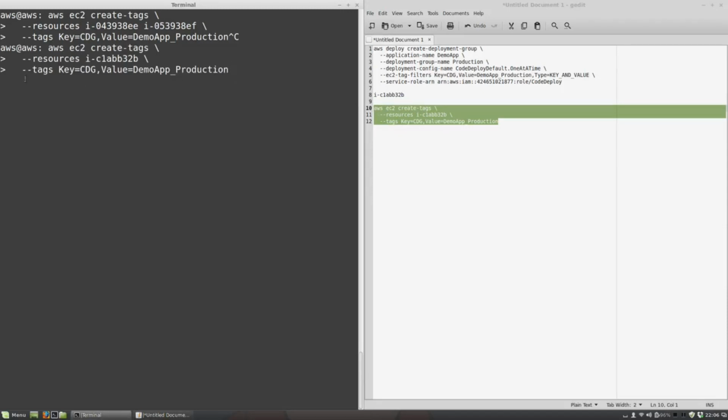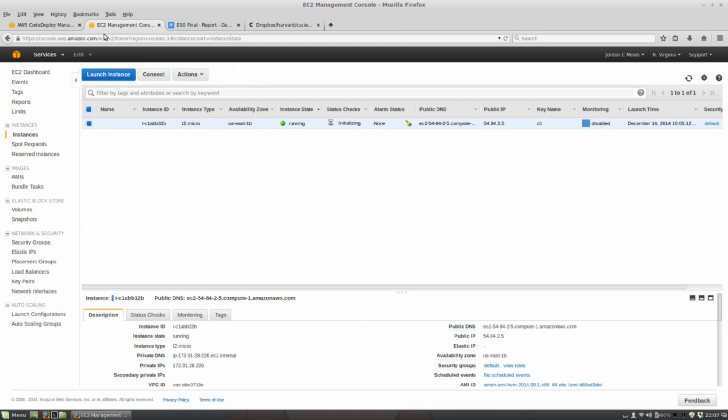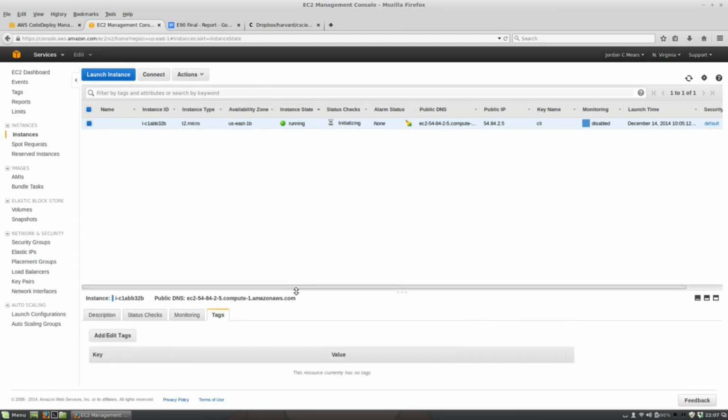Now what you'll notice is that the tag here is, the key is CDG, the value is demo app production, and if you remember, that's the same value that we defined when we created our deployment group, our production group in our Code Deploy application. So I'm going to go ahead and assign that tag. This doesn't actually give you any output to show that it succeeded, but as long as there's no error, that means it worked, and you can check on it by heading over here to EC2, taking a look at your instance, and then hitting tags. And if you look down here at the bottom,